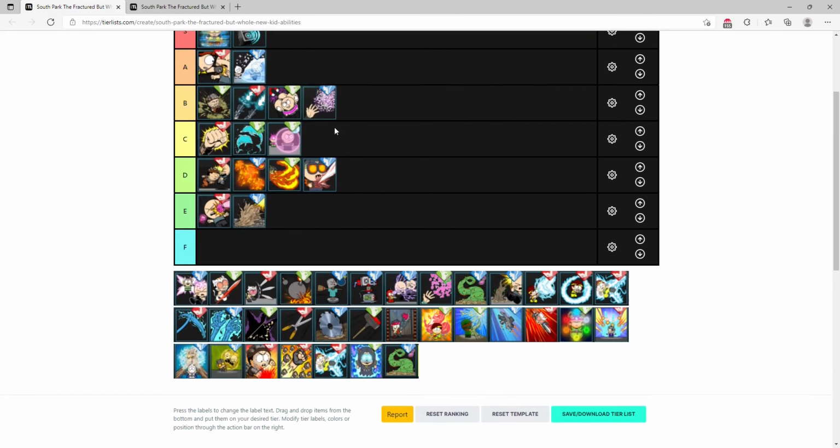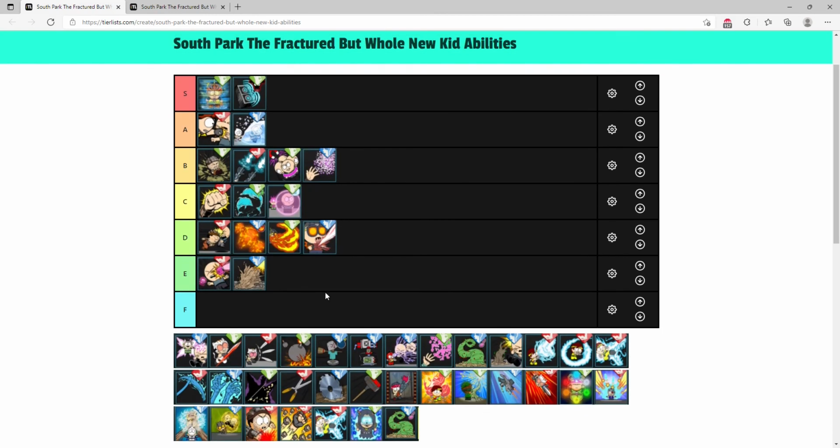Also, it has really good range. This is an interesting attack. It attacks in an X pattern and applies defense down, so it's pretty good. I would say it's one of the most useful brains moves to deal damage. Because if you want to deal damage with brains,